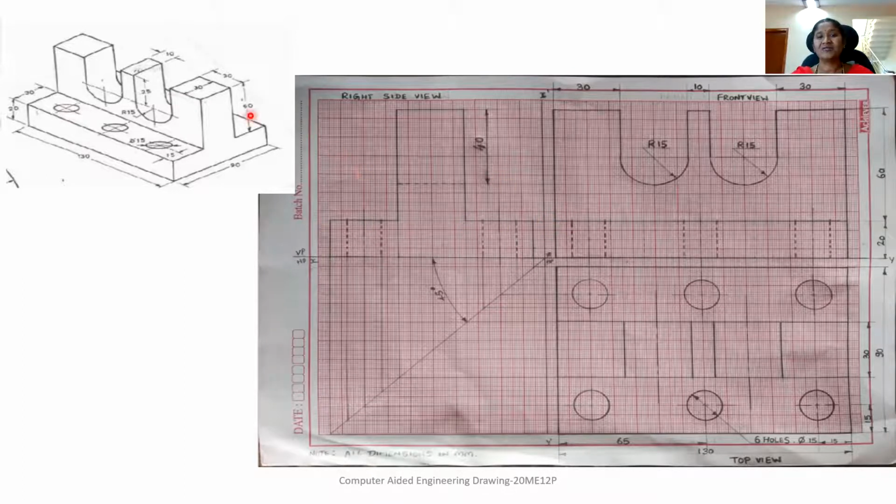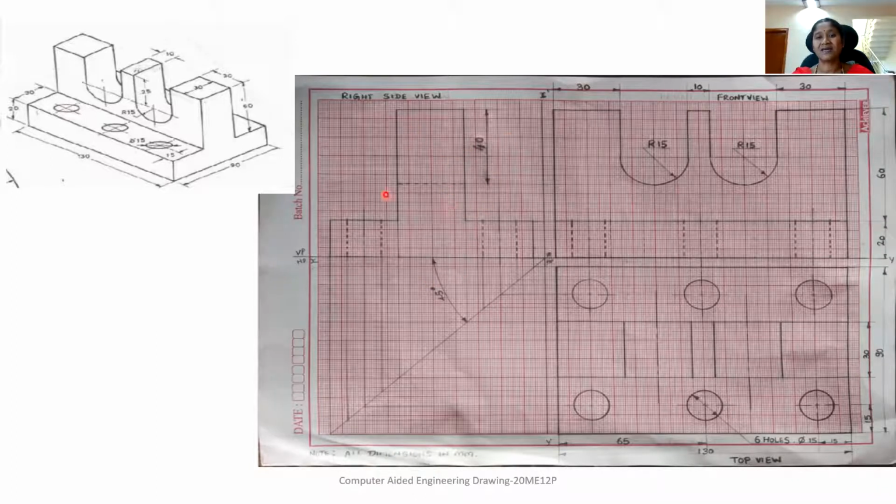Similarly, to draw this rectangle of height 60 mm and width 30 mm, from here to here it is 30 mm. From this point, you draw a horizontal projector to the 45-degree line and project it upwards. Again, from this point, you draw a horizontal line to the 45-degree line, and from the top view project it upwards. You will get this width of 30 mm in the side view. For the height, we draw the horizontal projector from the front view. From this end, you draw a horizontal line to indicate the height of the component in the side view. Now you complete this side view.